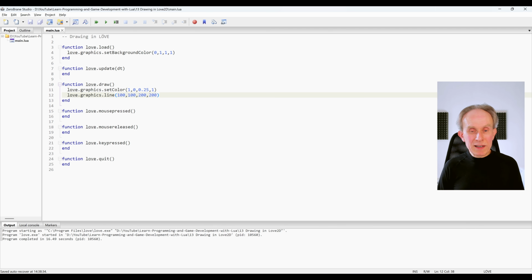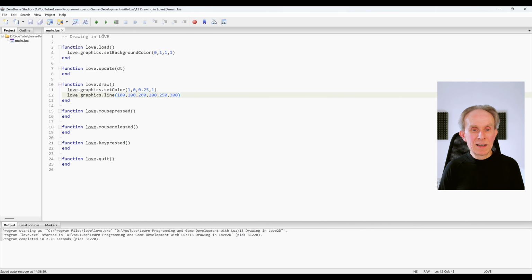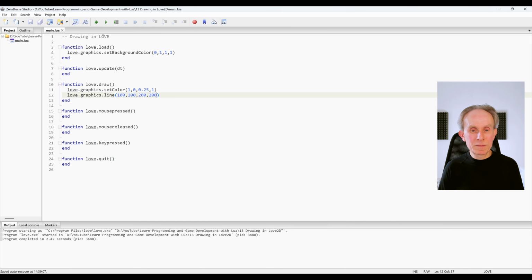By the way, you can also pass additional points to create a kind of polyline. In fact, let's do that by passing in another 50 across, but we'll go down more on y, and that should give a steeper slope to the line, and you can see it does. Right, let's get rid of that because it's going to clutter up my screen, so we'll put it back to how it was before. Now I'm going to draw a very basic character